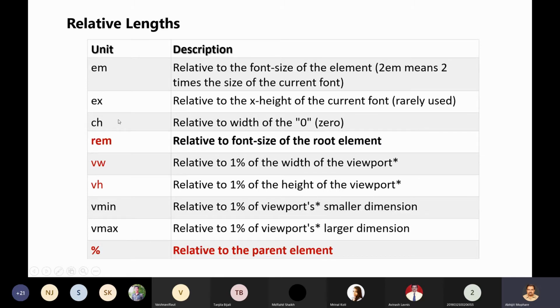If you forget the rest of them, it doesn't matter. But you should know in the back of your mind that there are certain relative length units we have, and you can use them. So I will not discuss these units.